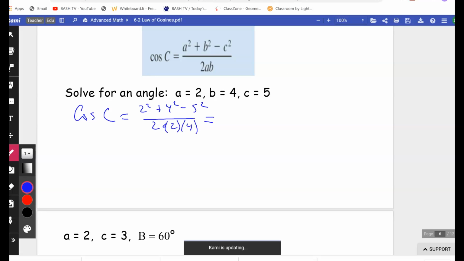times 4. Now, you do have to be a little careful here. You could type this all in at once. If you do, make sure to put parentheses around the top and around the bottom. Normally, what I do is the top, get an answer, and then do the bottom. So in other words, this minus 25, I get -5. And then 2 times 2 times 4 gets me 16. And it is fine to have a negative. You will get some negatives for cosine. So -5 divided by 16 is